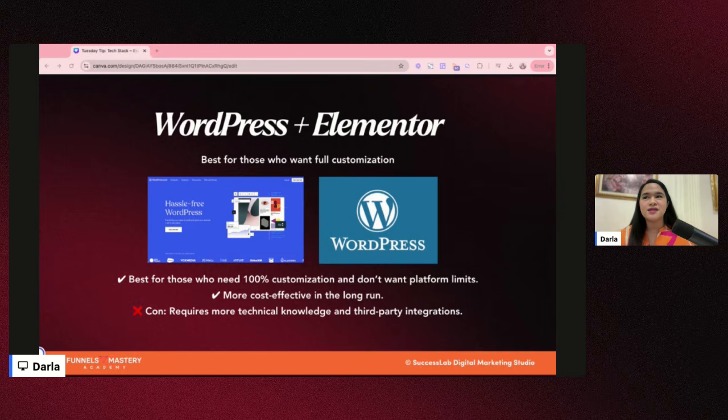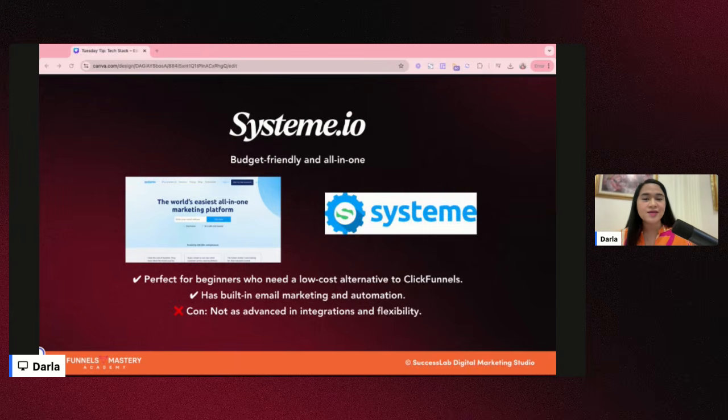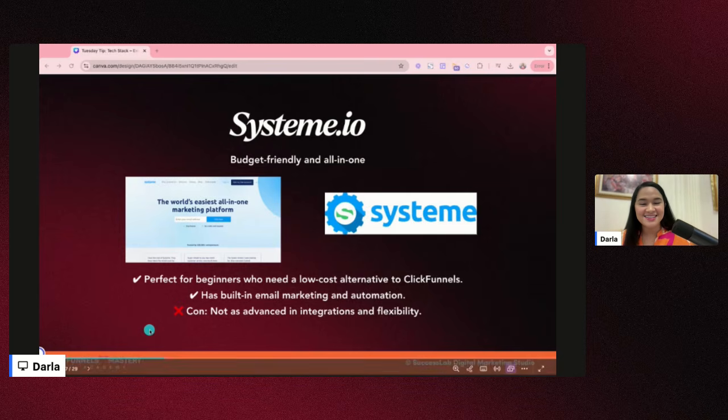And the other thing that I also wanted to emphasize is that when you also use, for example, Systeme.io, kapag ka nag-stop ka na magbayad, all your funnels or all your emails will be gone. Kasi nga, it's a subscription. Okay? If you are already paying. But if you're using the free account, wala naman, di naman siya mag-expire. It's free forever. But of course, if you wanted to do more funnels, you have to pay it. And I forgot to mention, compared to GHL, Systeme.io basic account is just $27 per month, which is way cheaper than GHL, right? So, ayun.